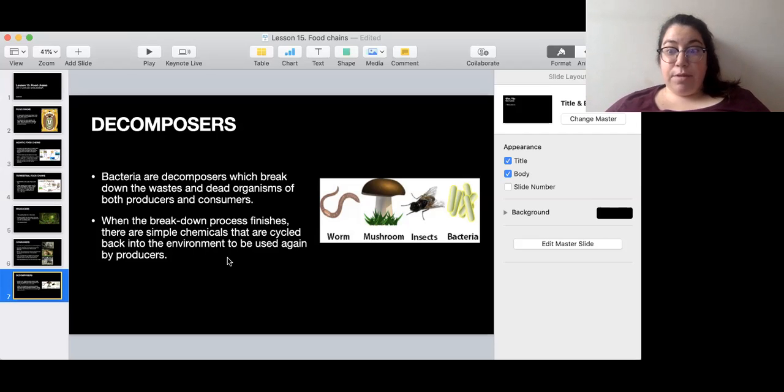So imagine that there's a mouse. A mouse dies. It lies on the ground and it starts rotting, decomposing, thanks to the decomposers. And then all of the chemicals in the mouse are going to go back to the ground as nutrients. And then when a plant grows again in the same place where that mouse died, it's going to use all of these nutrients to grow. So it's a cycle, okay? So that will be it for today.